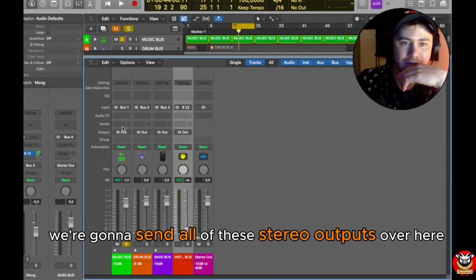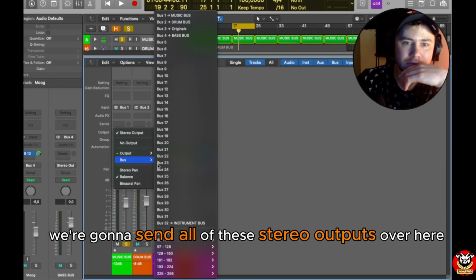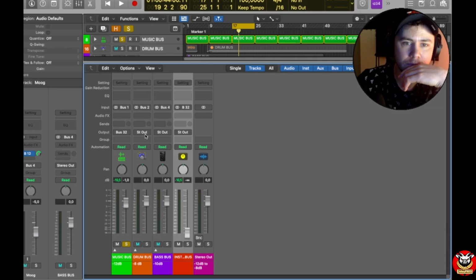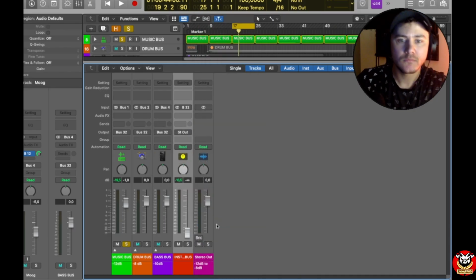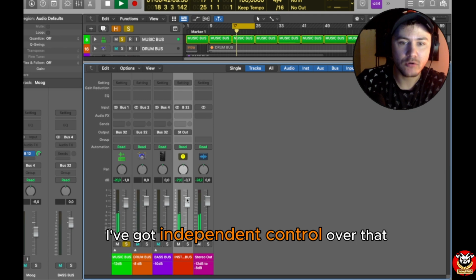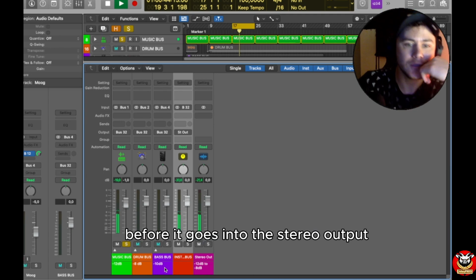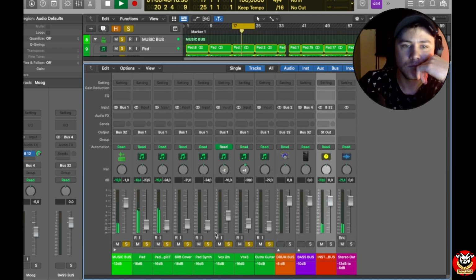Now we're going to send all of these stereo outputs over here to bus 32. Now I've got independent control over that before it goes into the stereo output. Okay,